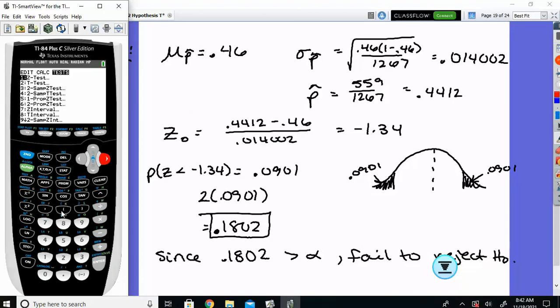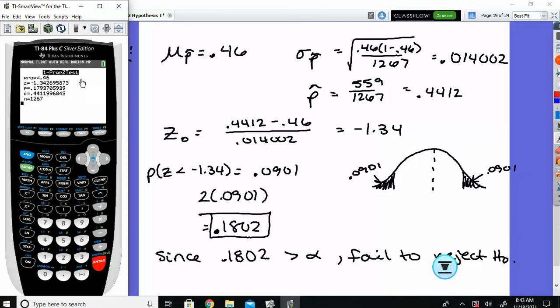So we go to stat, tests, we want number 5, the one proportion z-test. So our p of the null was 0.46. Our x was 559. My n, 1,267. And we were testing not equal. Then when we calculate, this gives me a probability of 0.17937, which is not the same as we got,